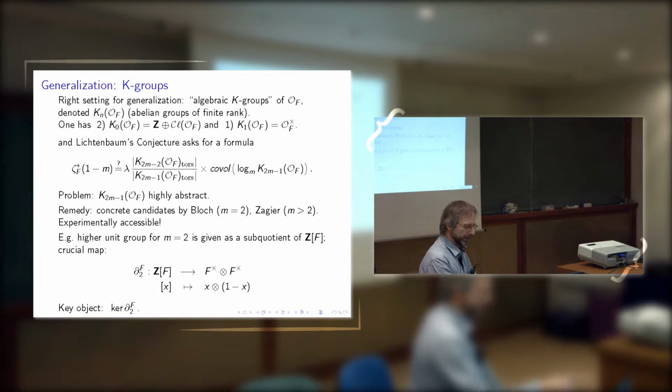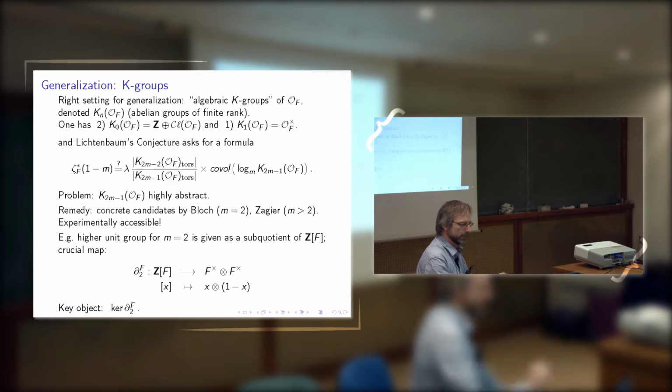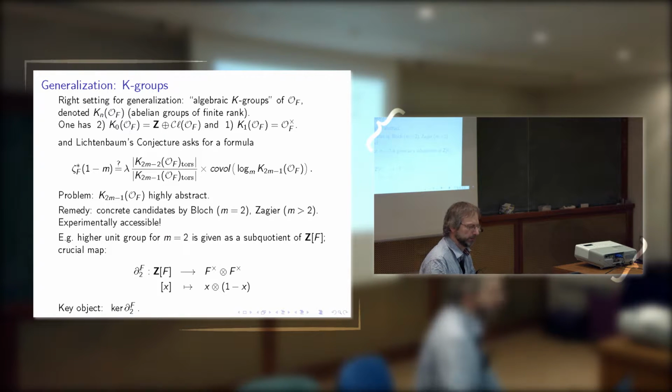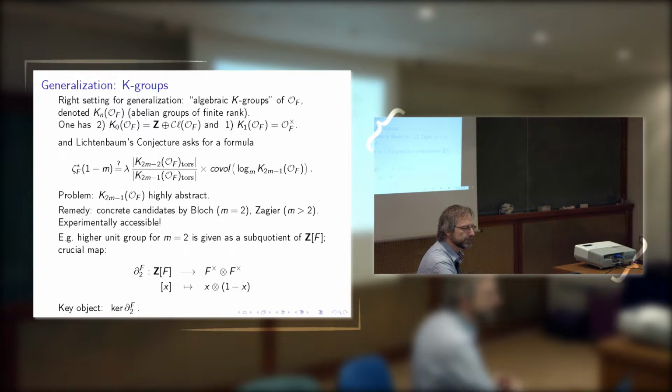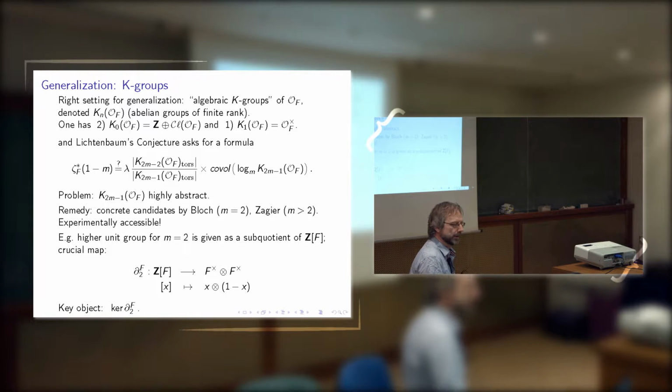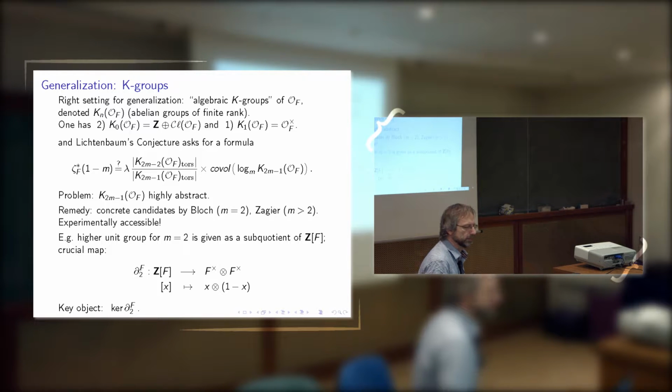But so that really captures the torsion information on that class group. And K_1 of O_F represents the units in that number ring. So already those two data, Cl_F and O_F star, now have an interpretation in terms of K_1. And then at the time, almost 40 years ago, Lichtenbaum asked for a formula of the following type.